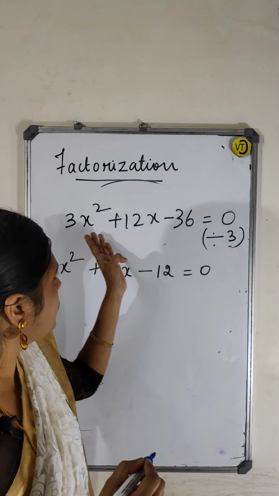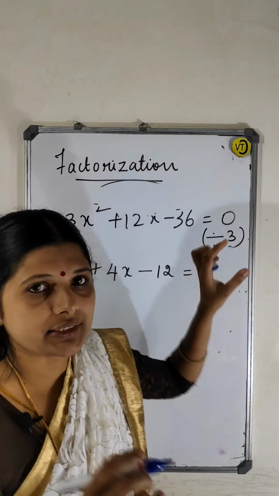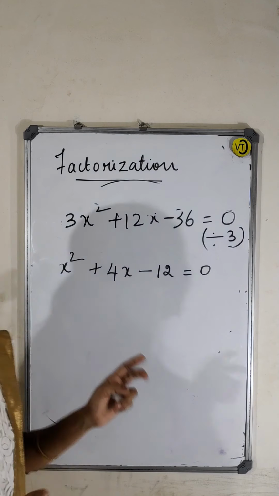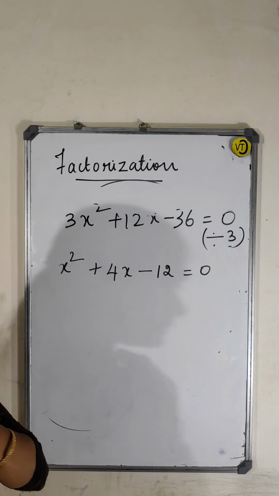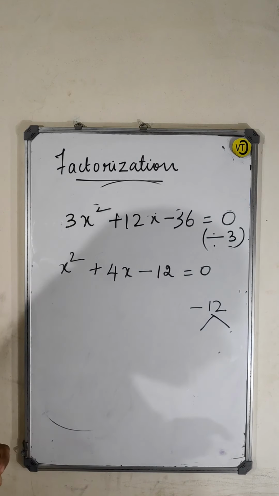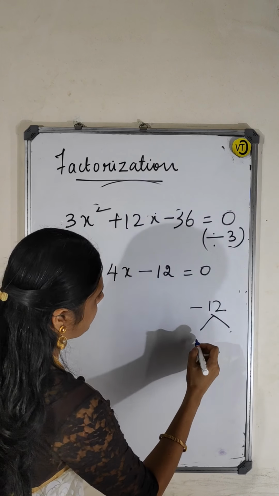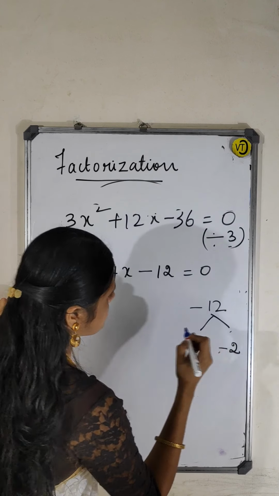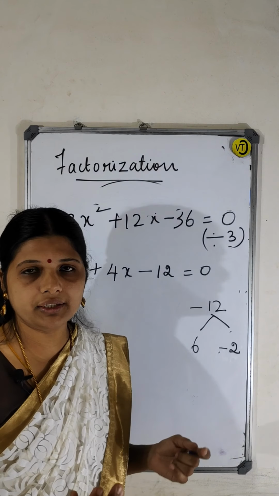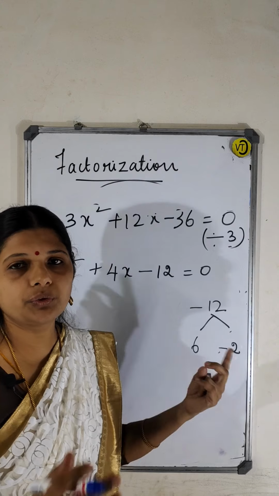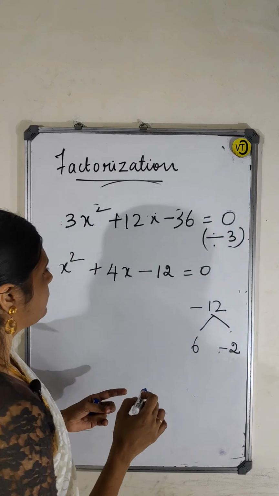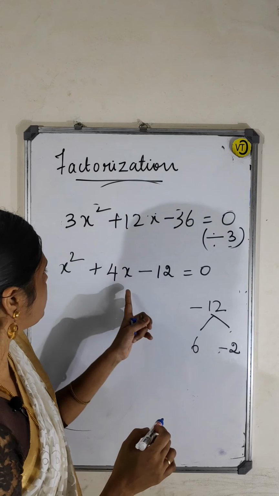Okay, so whenever you are doing like this also the same answer, even if you are doing like this also very same answer. Okay, now 1 into minus 12, correct? So what you will do? Minus 12. What are the factors of minus 12 here? I will be getting like 6 into minus 2. 6 minus 2 is 4. So once you practice lot of sums, automatically you will be getting the answer very easily. So you have to practice more in the factorization. Right, 6 into minus 2 is minus 12 and 6 minus 2 is 4.